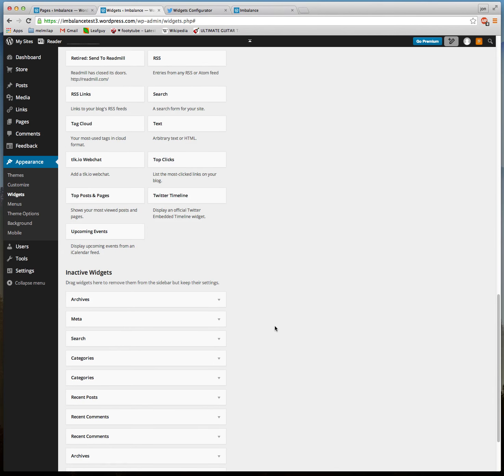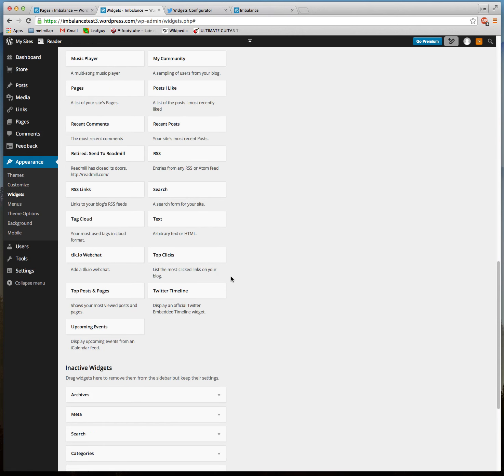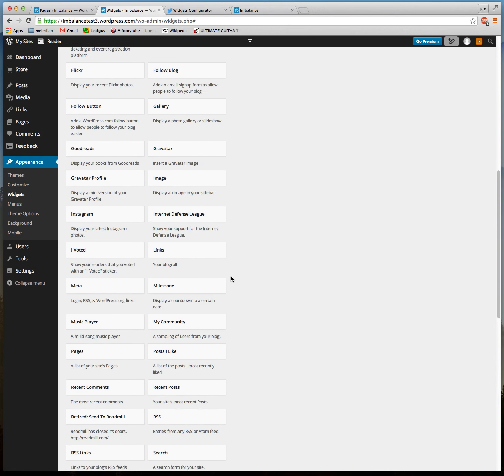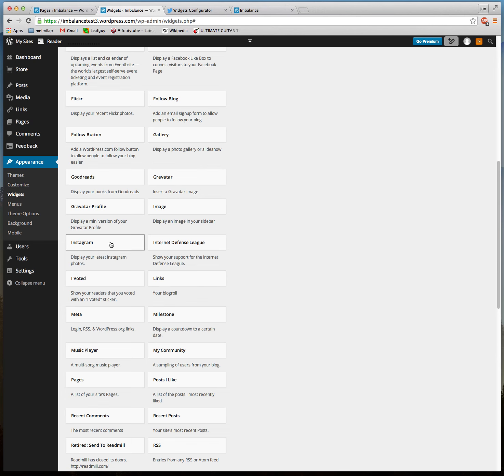but WordPress does a pretty good job of outlining the steps you need to follow in order to set it all up. So I recommend going to your widget page, clicking on various widgets, and just investigating them and